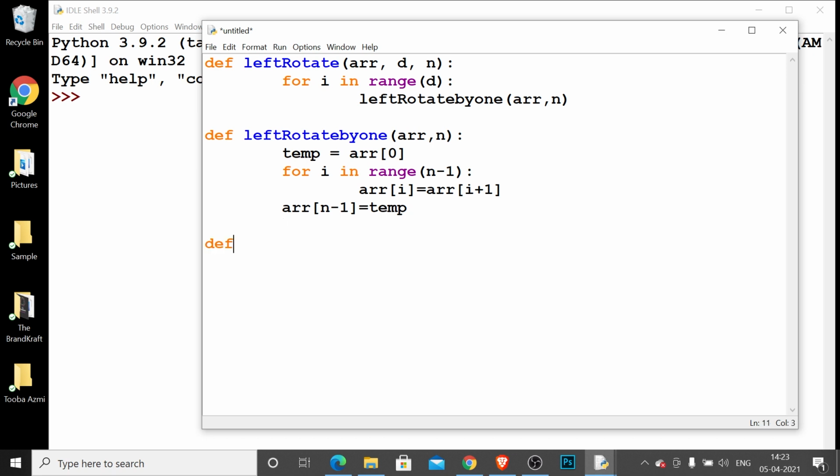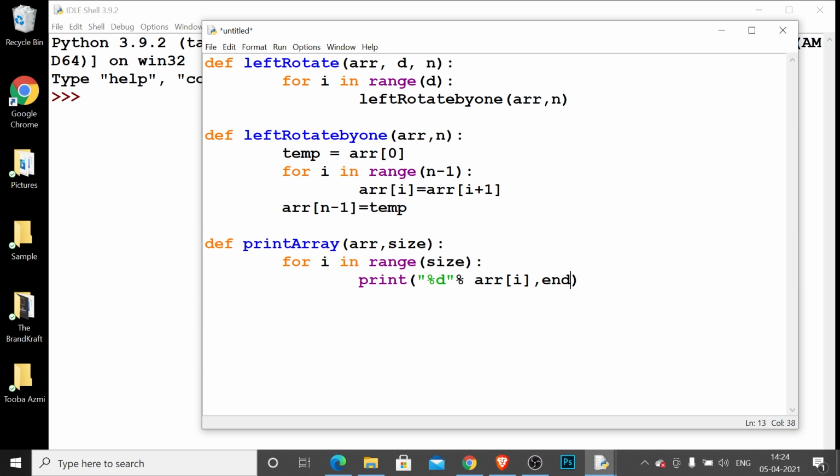Next line, def printArray(r, size): then for i in range(size): then print("%d" % r[i], end = " "), then r = [1, 2, 3, 4, 5, 6, 7].